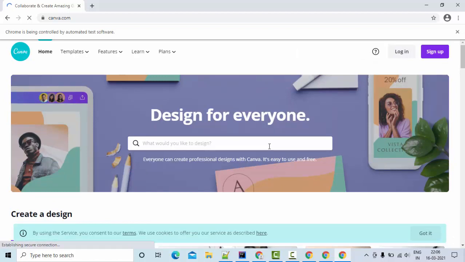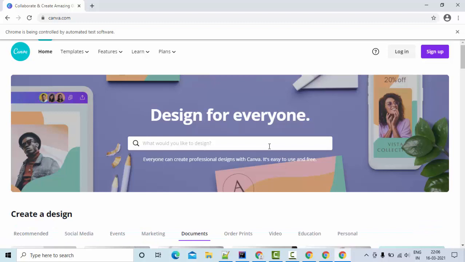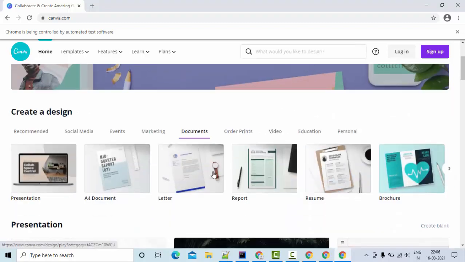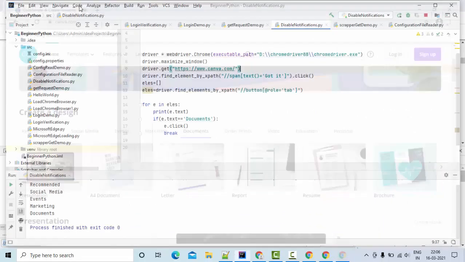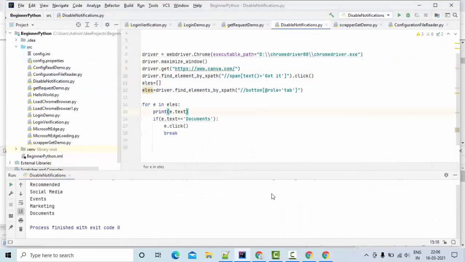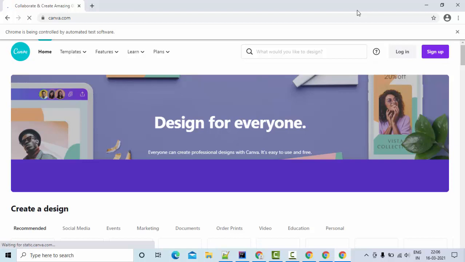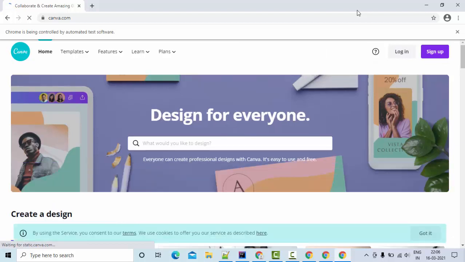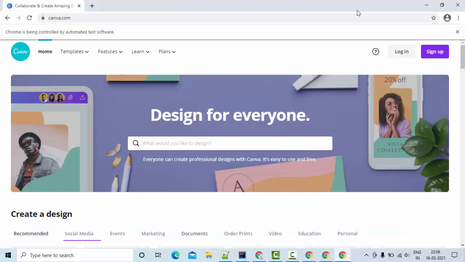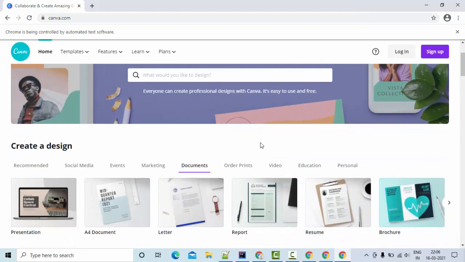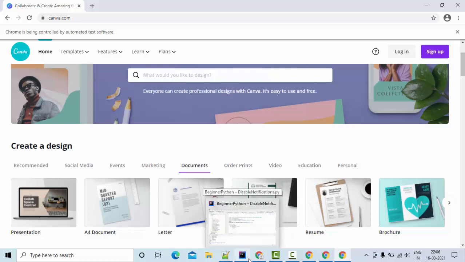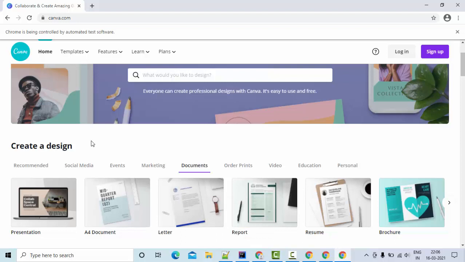Now you could see the web page is still loading. Now you could see it went and clicked on the documents because the Got it has been clicked initially. I'll try to execute this one more time. Now clearly observe here, canva.com loaded. Then down here you could see this ribbon is there, the Got it button is there, it clicked on it, then it went to the documents and clicked on the documents because the control has been moved out of that Got it section, that cookies part. Then we were able to get in directly here.